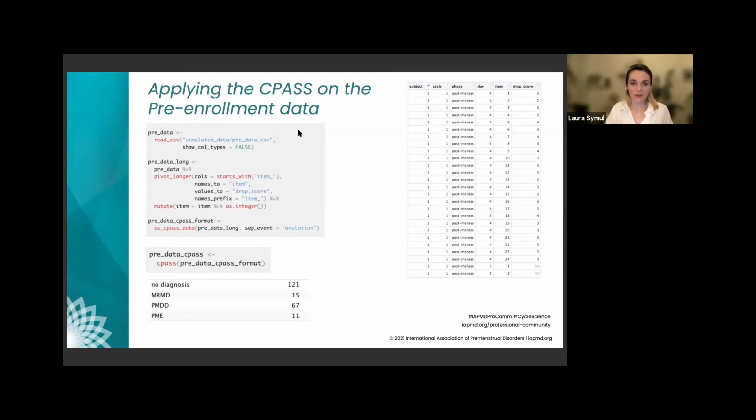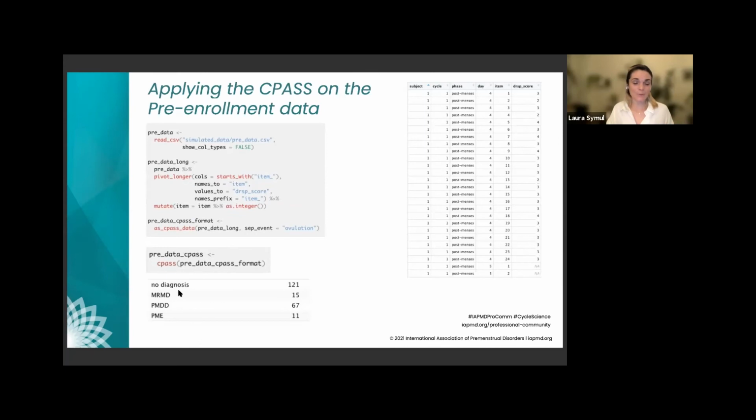So it's in a long format. And then we have this function here, as CPASS data, that basically is going to check that the data is as it should be formatted, that has data for most of the items. It's going to tell you for how many subjects and how many cycles you have data. And it's also going to check the amount of missing data and let you know if there are too many missing days. And then finally, we can apply the CPASS procedure just by calling CPASS on the data